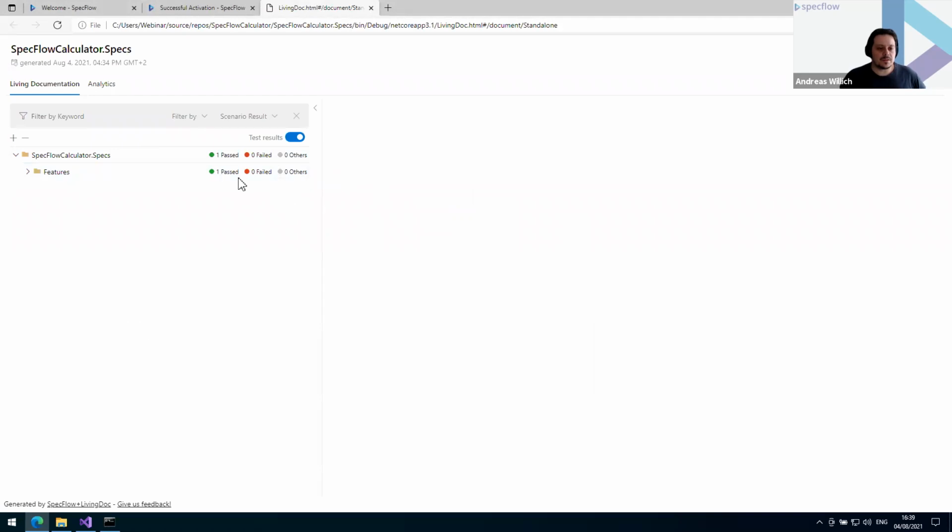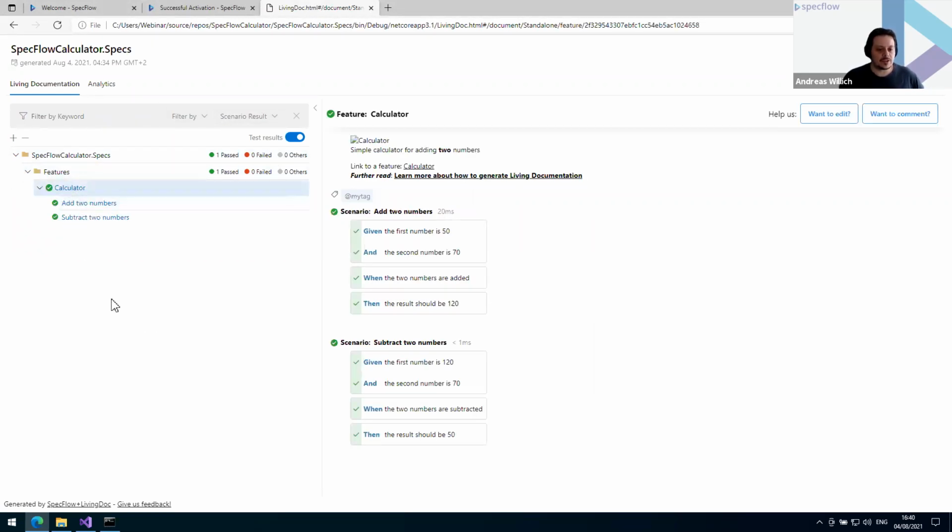And when we open this, you have here on the left side again the same structure like in your Visual Studio, you have your feature file. You see here the test execution results. You see also some runtime. And yeah, you can disable this. You have some filtering here. And one thing, and I think that's